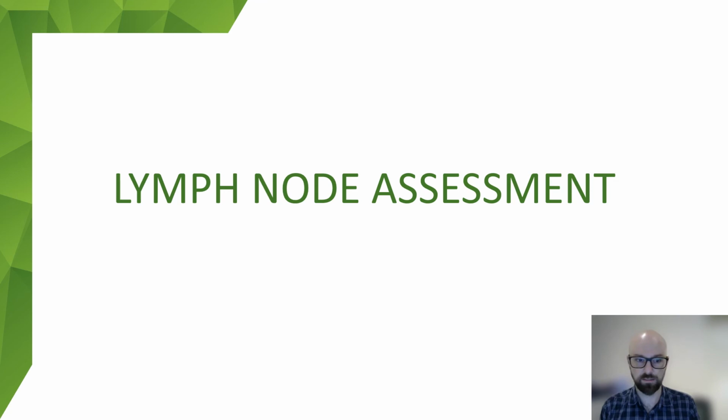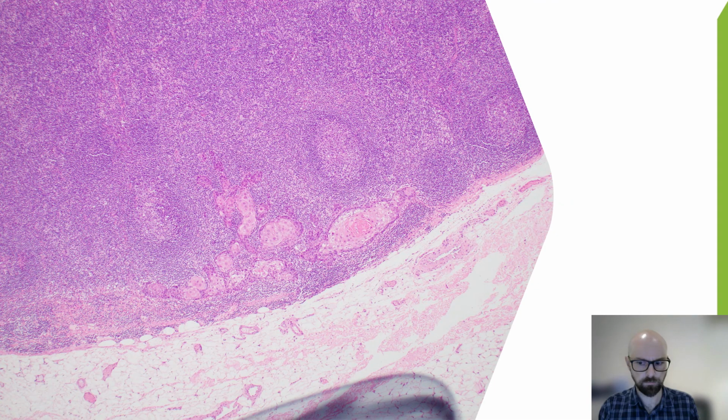So last but not least, lymph node assessment. It obviously impacts the N category of staging. So for lymph node assessment, all of the nodes within a neck dissection section are submitted. Lymph nodes which are 10 millimeters or greater are sectioned into smaller pieces, and smaller nodes are submitted whole. As far as tumour deposits go, they're usually spotted in the subcapsular space, like in this case here. So what I tend to do is a quick once over on low power magnification, scanning for any large mets, and if I don't see any,